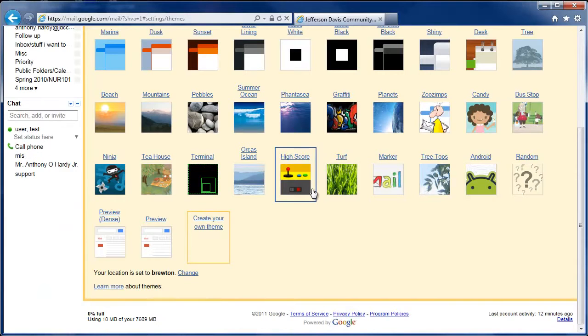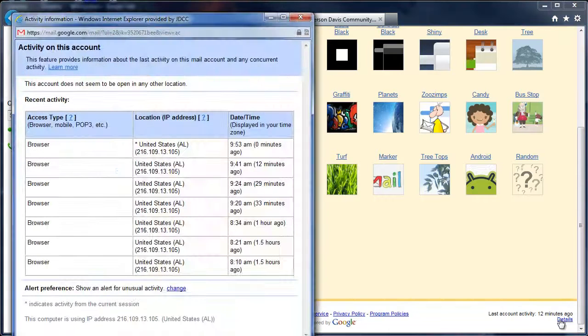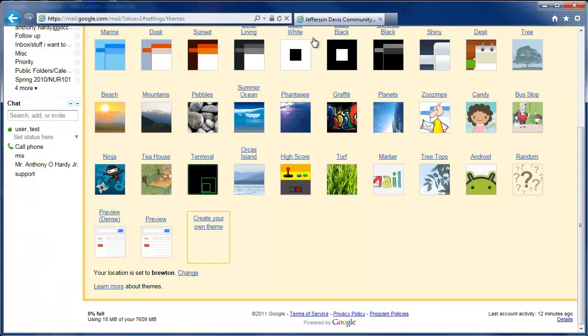The last thing I want to cover, and this is not necessarily just in settings, but it's everywhere, is down here, last account activity. If for any reason you believe your email is not secure anymore, click on Details, and you can see the addresses of the computers and the times of the computers that are accessing your account. If you see anything that's going wrong here, please change your password as quickly as possible or contact the help desk at